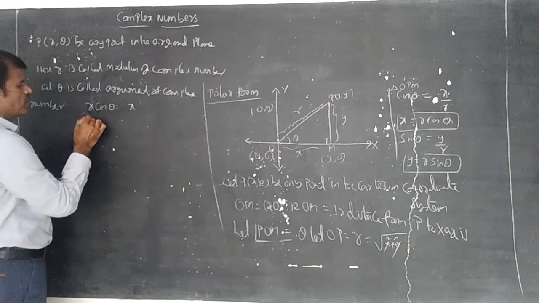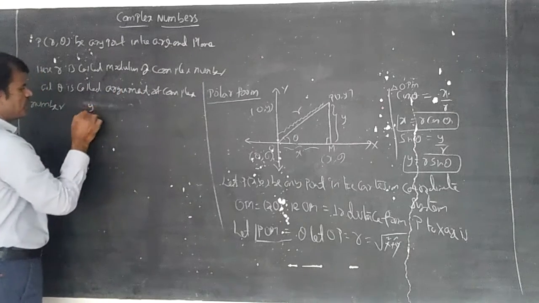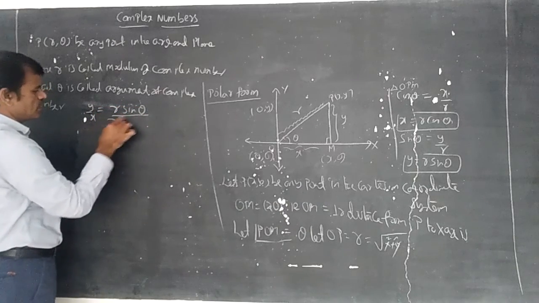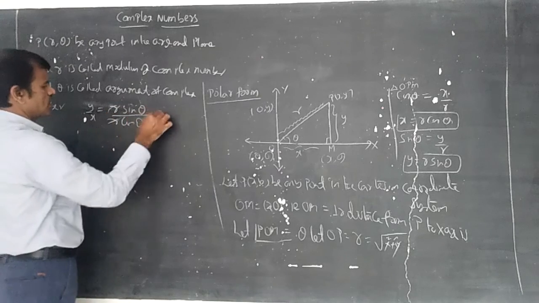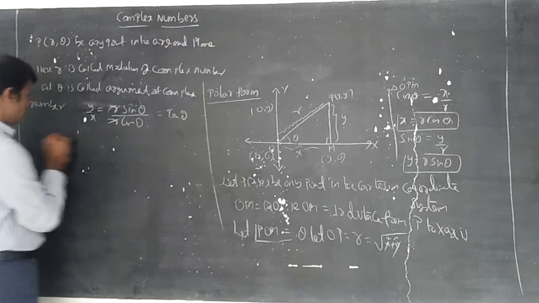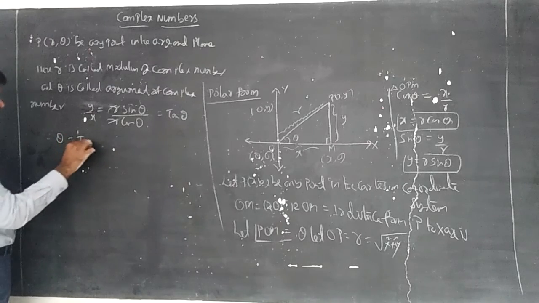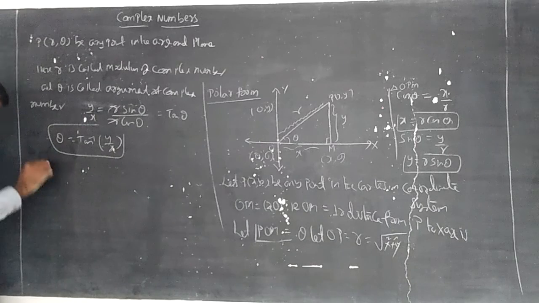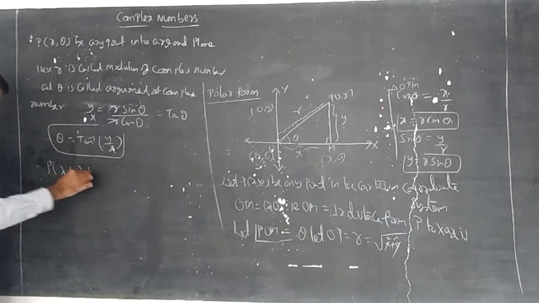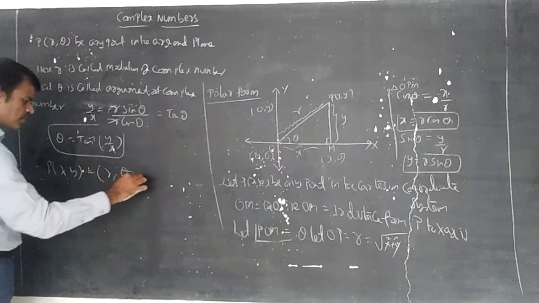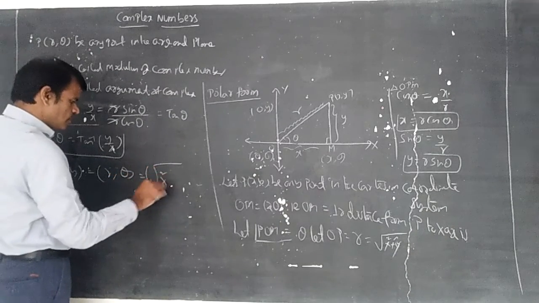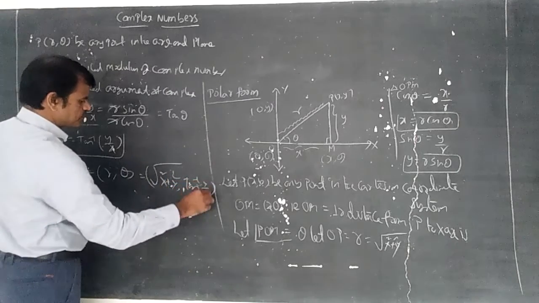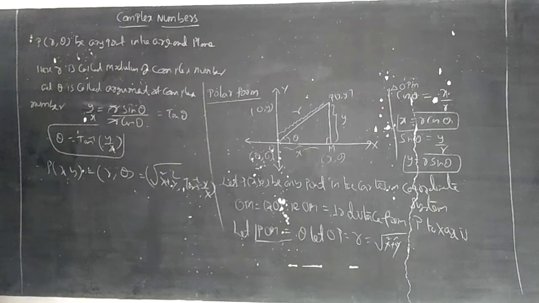According to this, you can write R cos theta is equal to x, already we had written. Better to write y by x. Y by x is equal to R sin theta by R cos theta. R will cancel, tan theta. So you can write, therefore, theta is equal to tan inverse y by x. Therefore you can mention here P x comma y is nothing but r comma theta, which is root of x square plus y square comma tan inverse y by x.